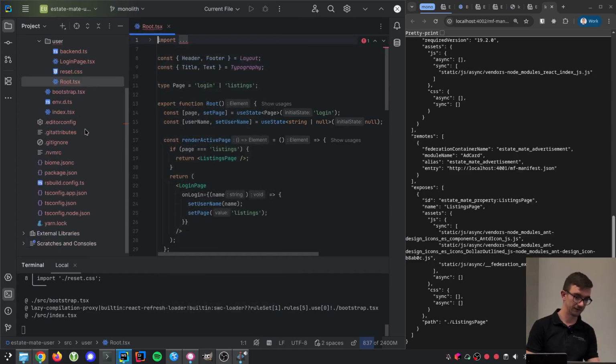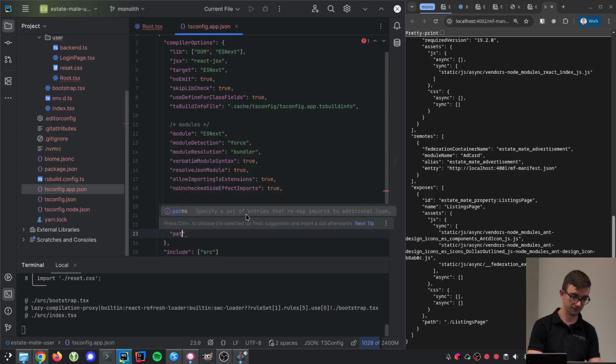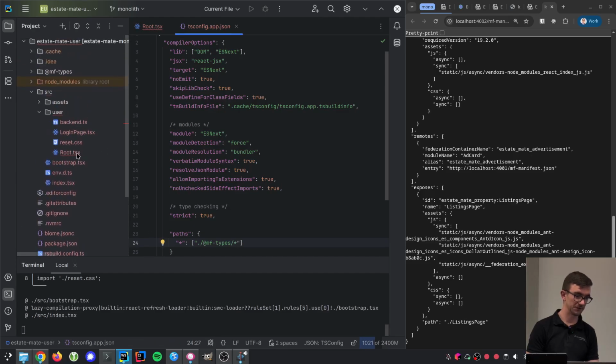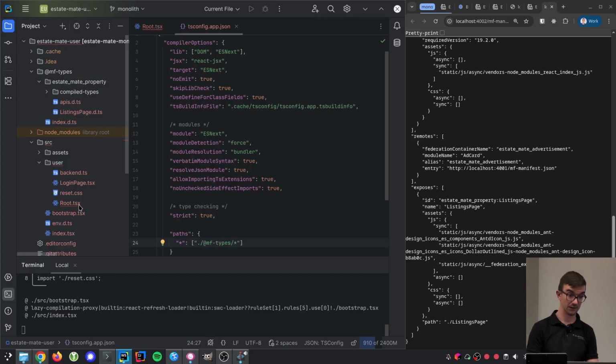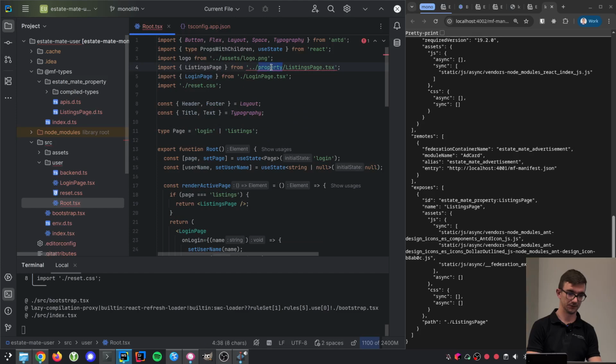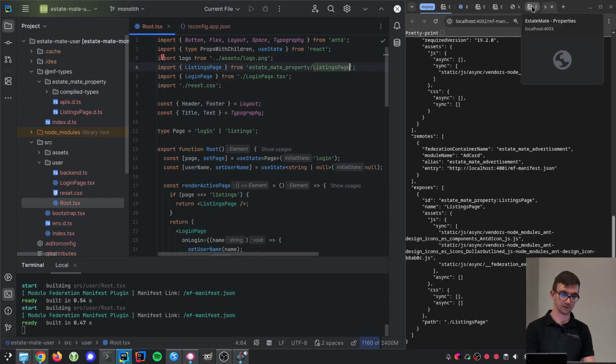Of course, we need to also add the TypeScript magic. So we can actually just skip that part because you already know that. So for any unresolved import, look into mf types folder, add everything. We'll also have a gander if mf types is here. Yes, it's here. So if the listings page, definitions, everything. Awesome. Now exchange this module with the federated module, statement property / listings page. Cool. Now if you save it, run it up again,